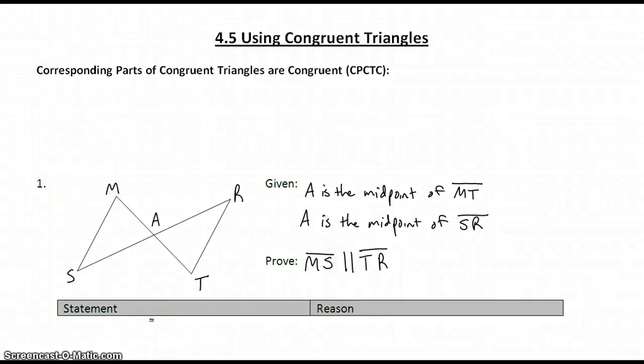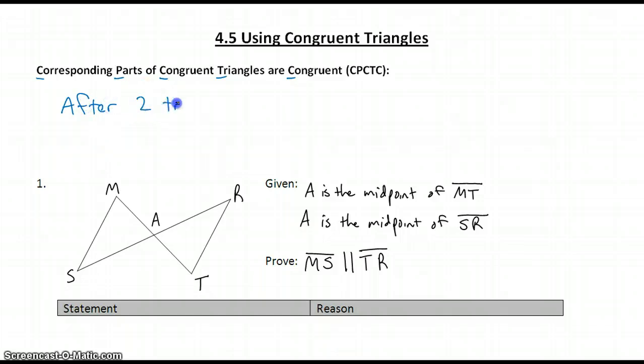In order to use congruent triangles, we first need to look at CPCTC. CPCTC stands for corresponding parts of congruent triangles are congruent. CPCTC says this: